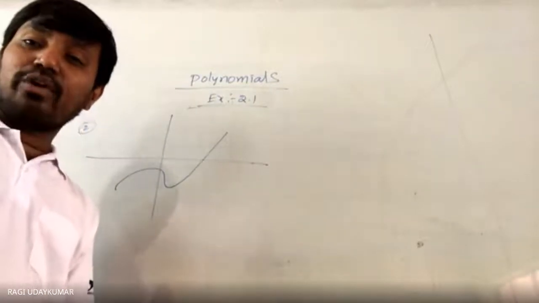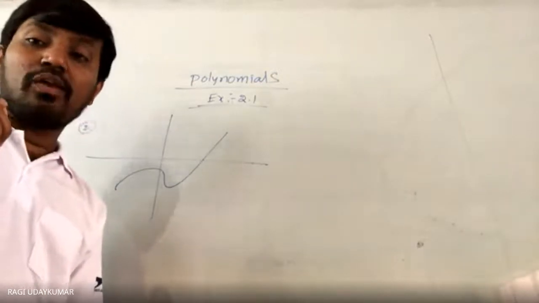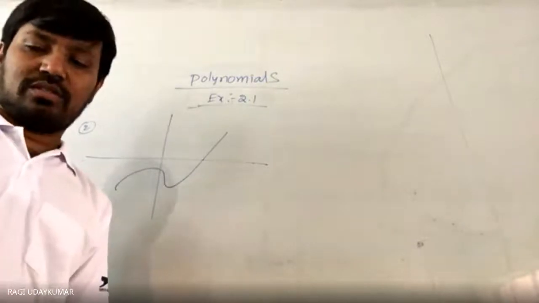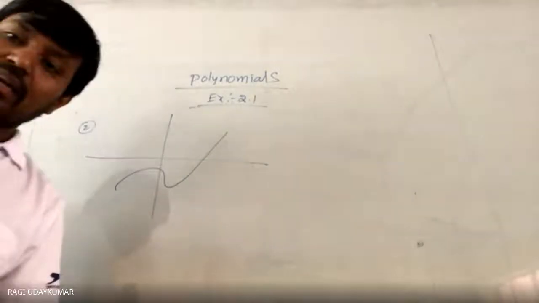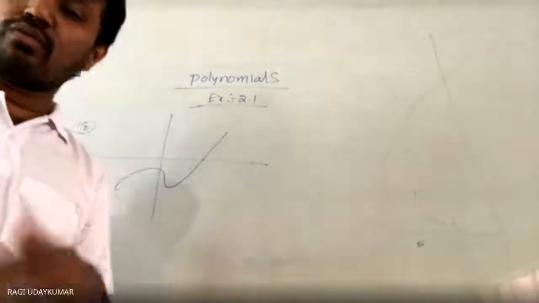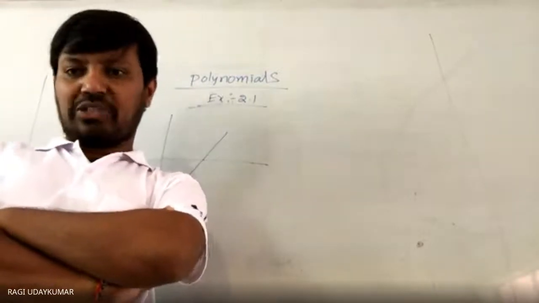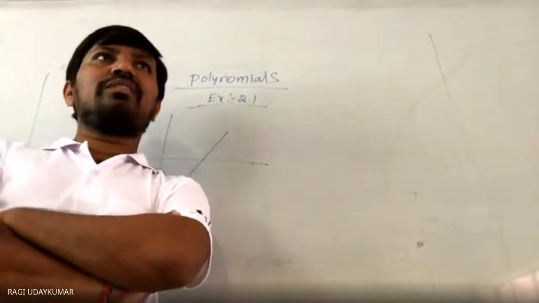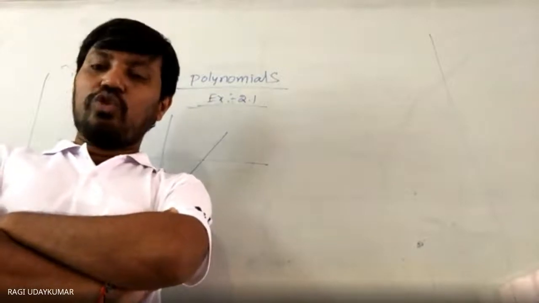The main important point you need to remember is that if the degree is n, then it is going to have at most n zeros. How many zeros will be there? At most, maximum n, meaning it can be 0 also, it can be 1 also. Suppose I say a quadratic polynomial. How many zeros will be there? Usually you think that quadratic means second degree, so 2 zeros. No, it is not mandatory to have 2 zeros. You may have 0 zeros, you may have 1 zero, you may have a maximum of 2 zeros.